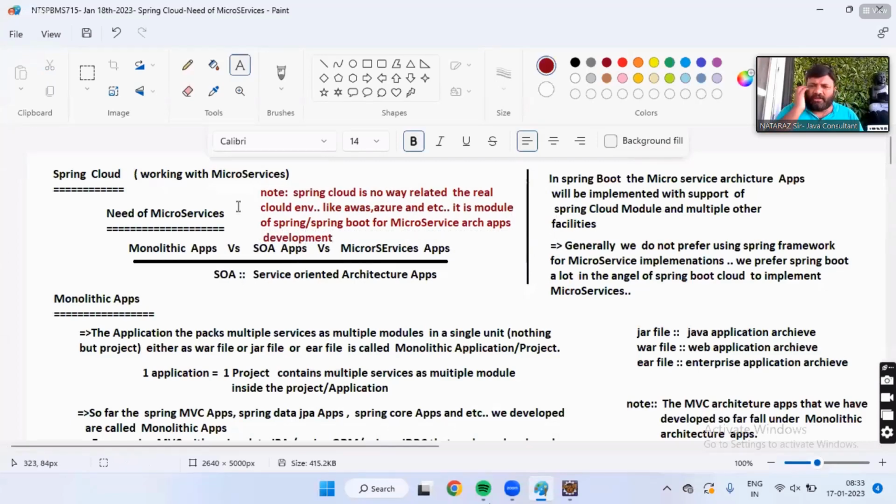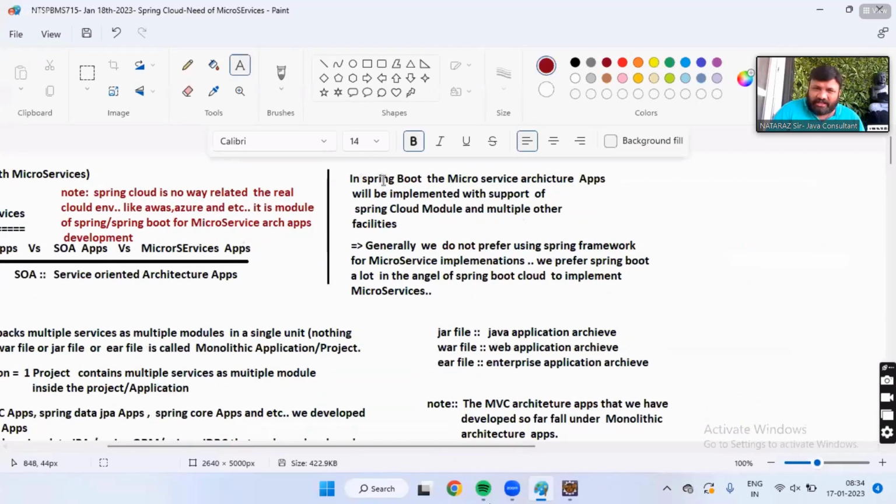Everyone getting my point there, guys? Microservice architecture application development. Are you understanding my statement, guys?